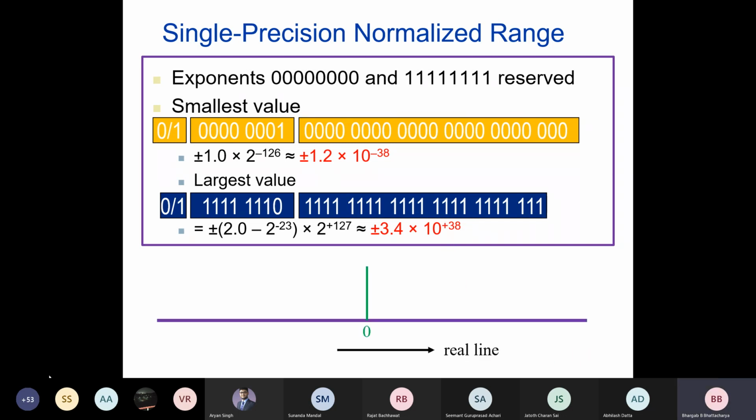Well, let us look into this real line now, because we are representing real numbers using floating point format. And this is the middle point where the 0 is here. So this is the largest floating point number I can represent, the largest absolute value on the positive side, that I want to represent in single precision format. What is that? This one, right? It is very close to 2.0 times 2 to the power 127. Agreed?